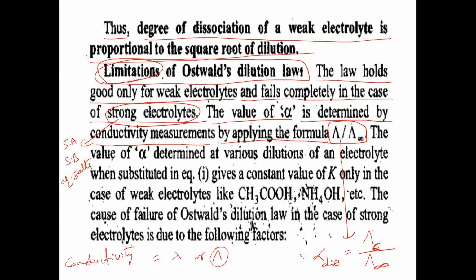So by this also we can get alpha, the degree of dissociation. And for alpha, another formulas we have studied. Lambda is equal to C alpha we can take. Okay. So alpha is equal to under root Ka by C. So any one of these formulas will be used here to get alpha.